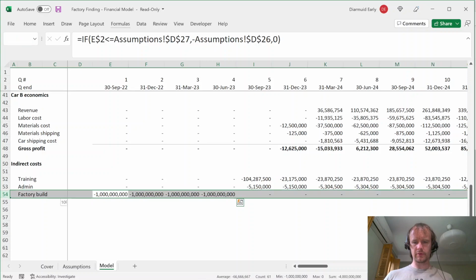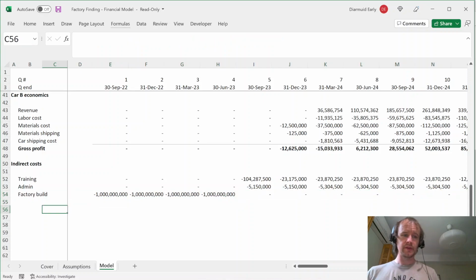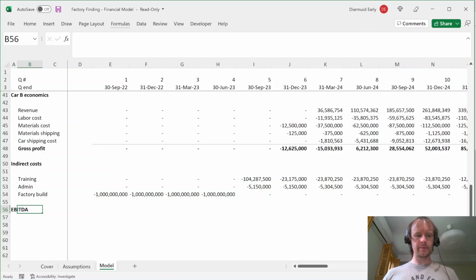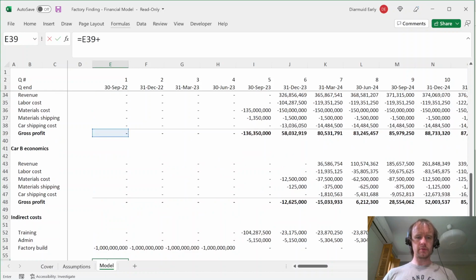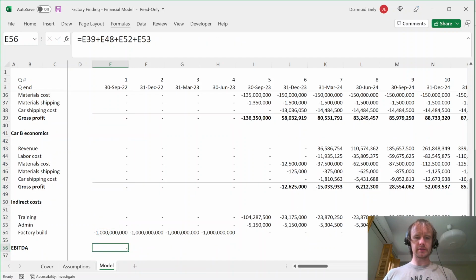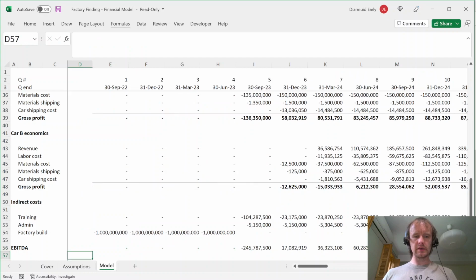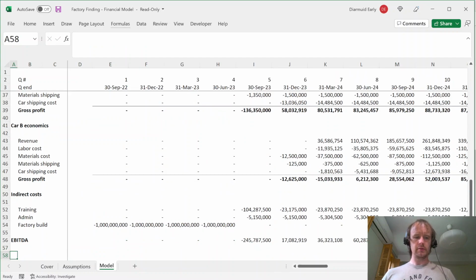And that runs for the 4 quarters and then goes away, which is exactly what you want. So then we were interested in EBITDA, which is going to be gross profit from A plus B plus the indirect costs, not the factory build, obviously, because that's CapEx. And then we have EBITDA, then we have local taxes,